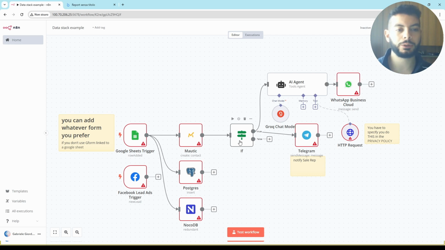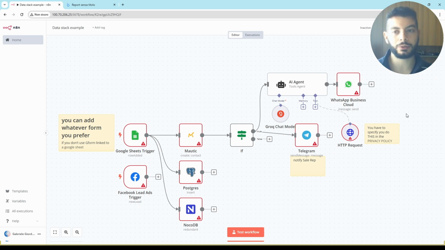Let's say instead that you have a less clear indication that you could have a potential client. You could elaborate the certain data you have of your potential client with a large language model that uses the fastest technology existing today, at least for free, that is Groq with a Q, and you could elaborate a tailor-made message to send them on WhatsApp. And notice that the tailor-made in this case comes from this node. That can mean a lot of stuff.